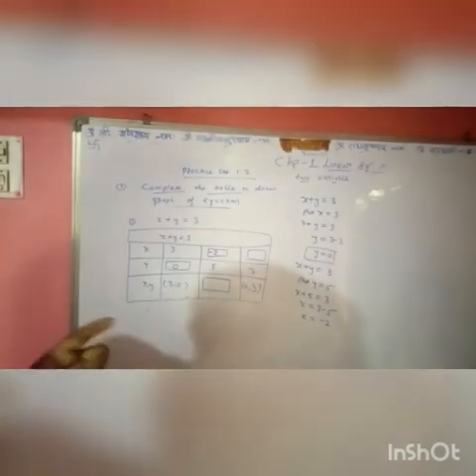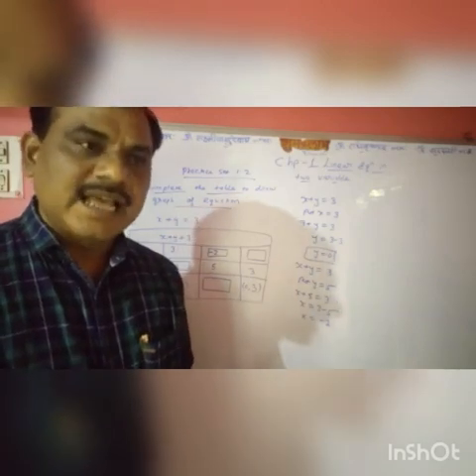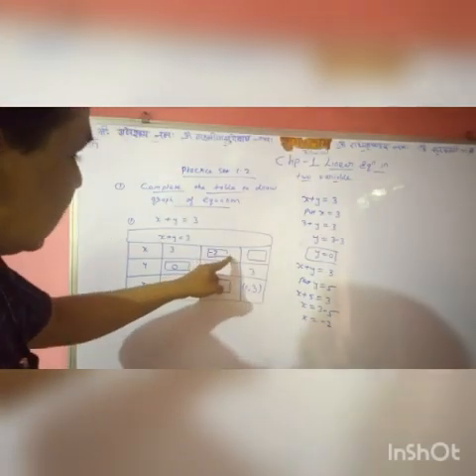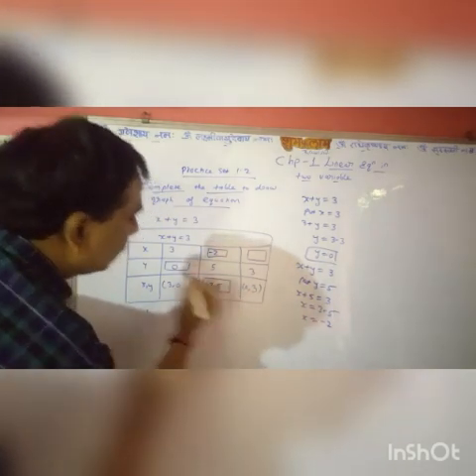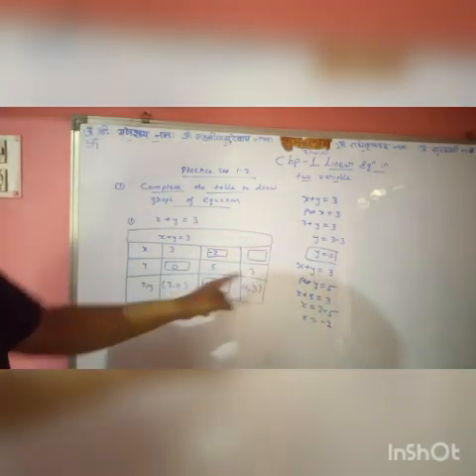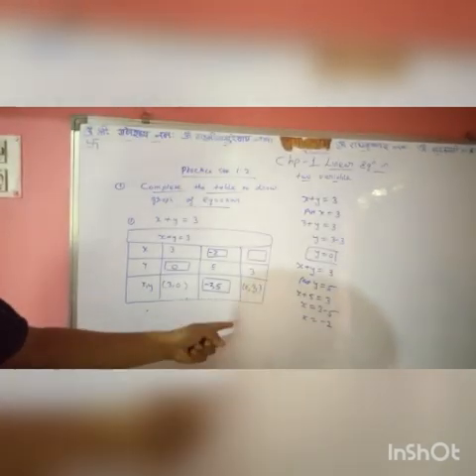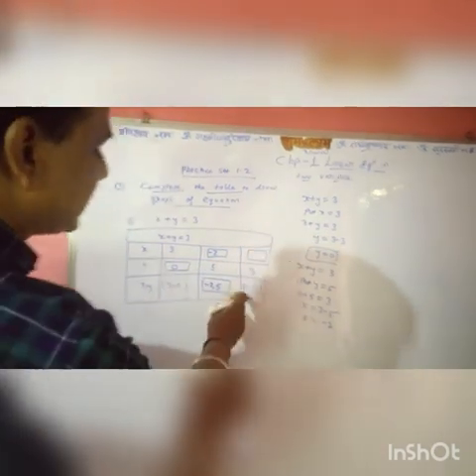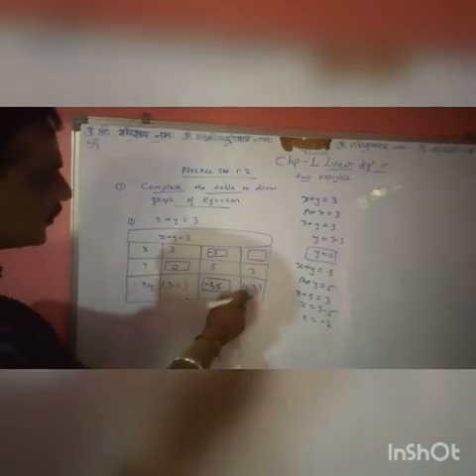See here very carefully. For x and y, first you have to write the value of x and then y. Why? Because it is x and y. x is minus 2, write down minus 2. Then y is equal to 5. Similarly here y is equal to 3. We know here x is equal to 0. You can put this value in this way and find the answer, or you can write it straight away. x is equal to 0 and y is equal to 3.